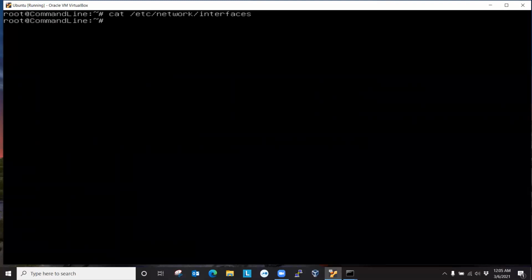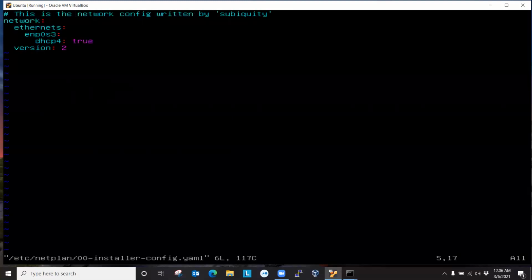And they go to this directory, /etc/netplan, and there is a YAML configuration file. So this is by default 00-installer-config.yaml. So this is where we define our static IP address. So here, if we go right now, ethernets enp0s3 and dhcp4 true. So that means our DHCP, that's how the interface is getting its IP address. So if we want